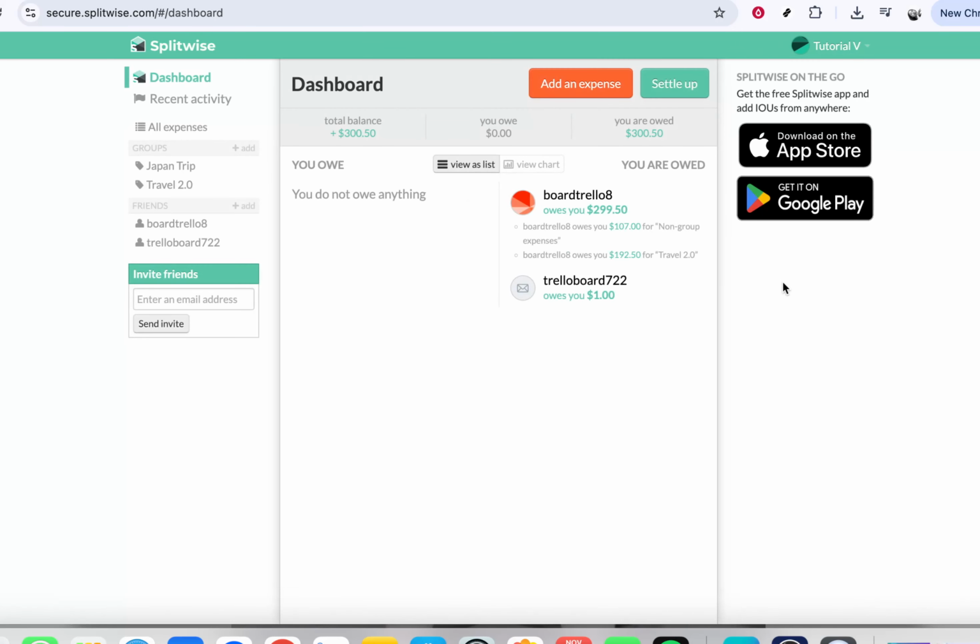Once you click Save, Splitwise will reload or refresh your settings, and you should see the interface change into the language you selected. If it doesn't update immediately, try refreshing the page in your browser. And that's it. You've successfully changed the language in Splitwise, making it easier and more comfortable for you to track and manage your shared